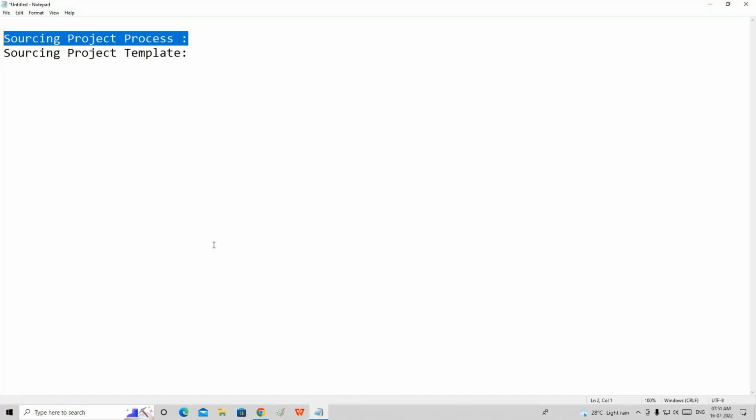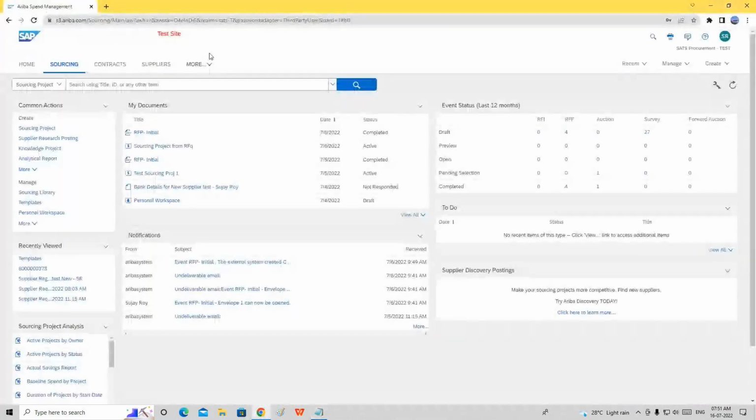So first and foremost, we are going to understand the process. But remember, this is not an end user process. We are going to see the best practices we use in this sourcing project process. Now, before I go to the screen and show you how to create a sourcing project and all those things,